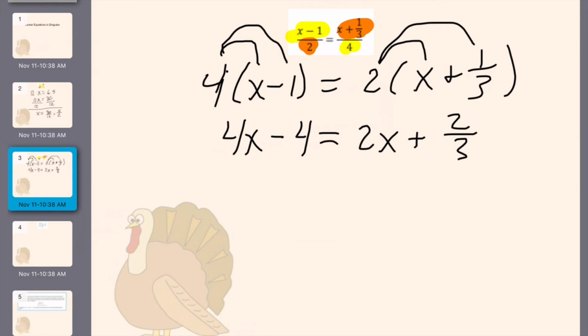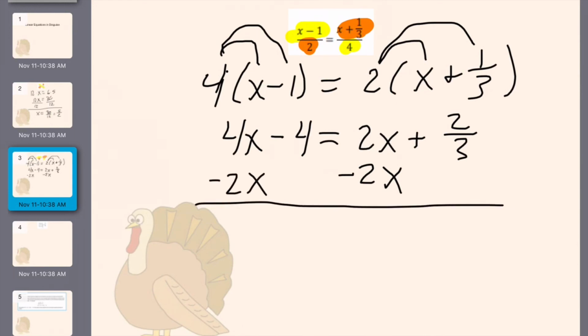So that means I am going to eliminate this 2x on the right-hand side by doing the exact opposite, which is subtracting 2x on both sides. So minus 2x again. These cancel out here, and I'm left with 2/3. I get 2x minus 4 equals 2/3. So now I have all of my x's on the same side, but I need to get all of my constants to be on the same side. What I'm going to do is I'm going to change 4. That is going to be equal